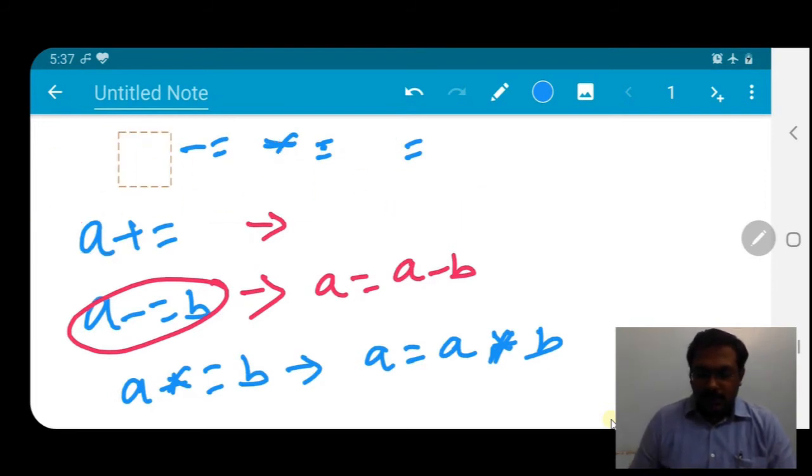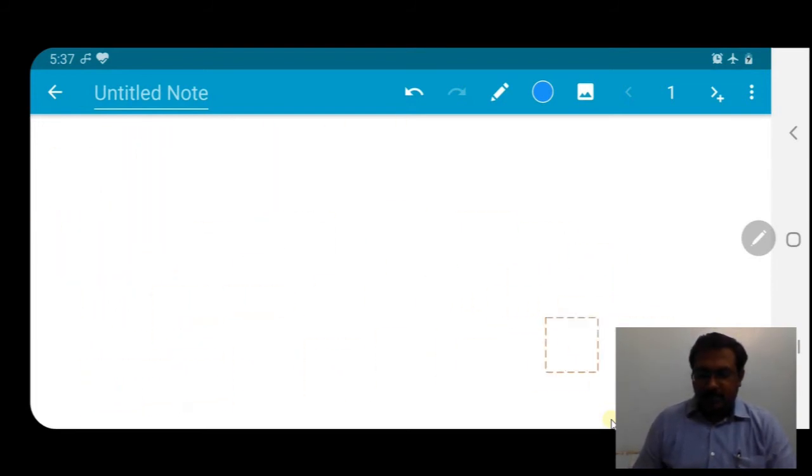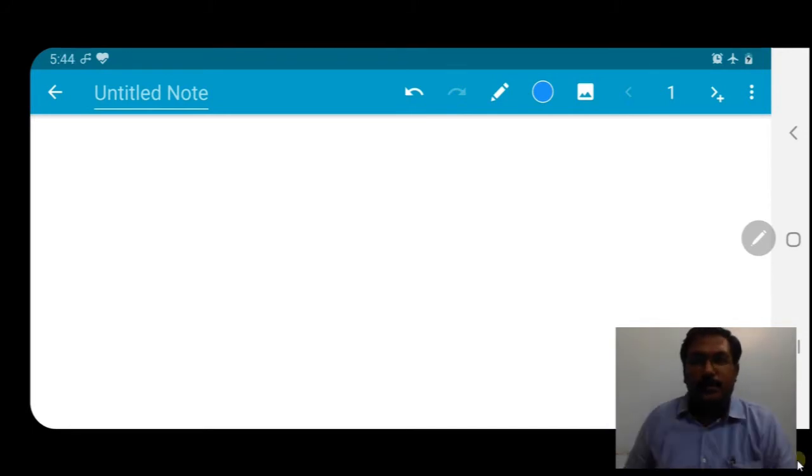Fine. So after the operators and expressions, now we know the operators. So let us see how to write output functions and how to write input functions. Let us see the output functions first.